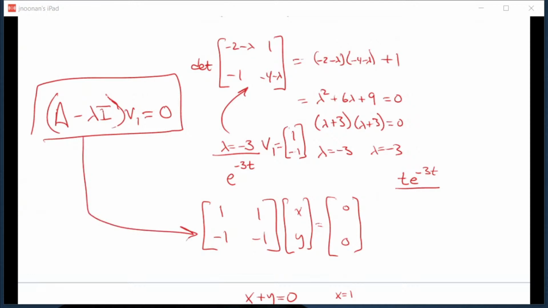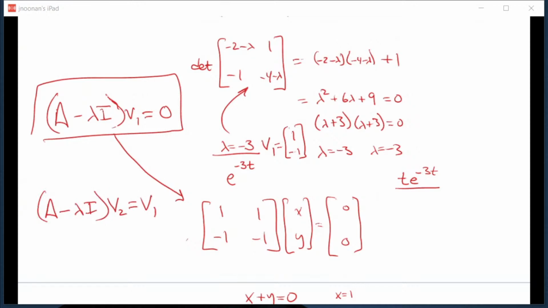So I'll write down the expression, but then in practice, what we do, it's pretty straightforward. In fact, I have to get rid of that arrow because it's in my way. There. So that's that. That's just, you're just subtracting off the -3 and then solving for x and y. That's it. So the way you get your second vector in a double eigenvalue situation is you solve this. So notice that to get the second